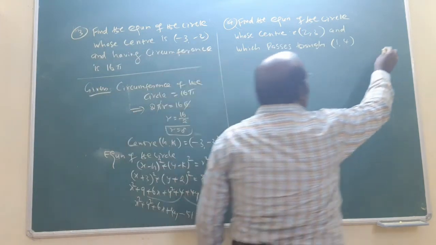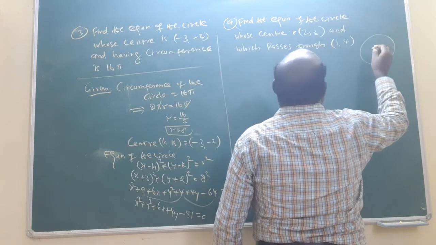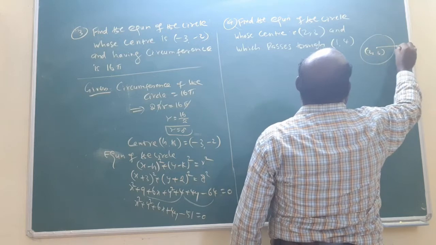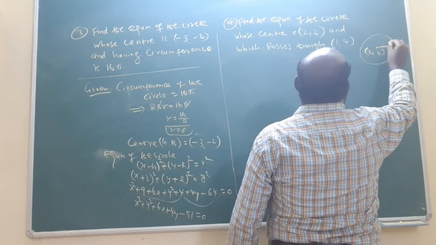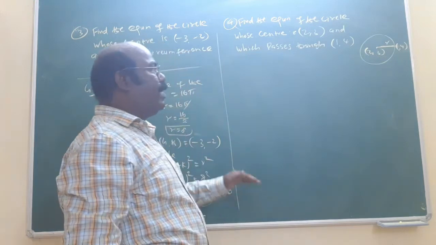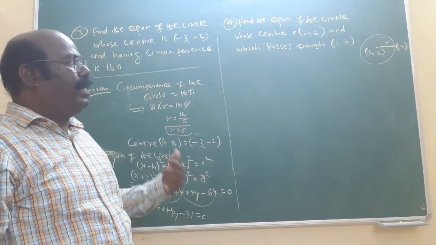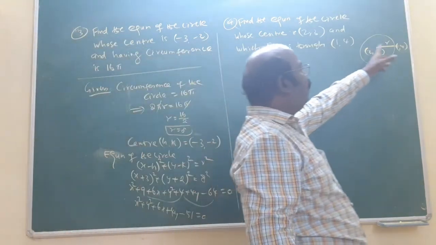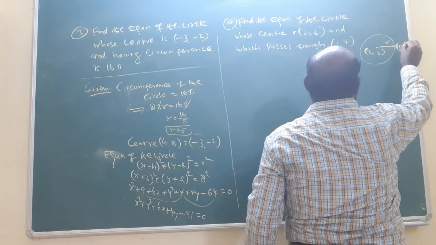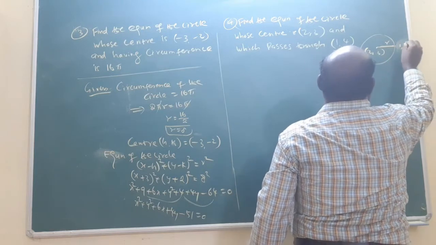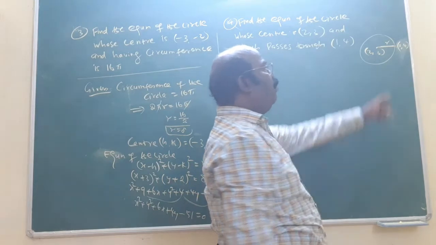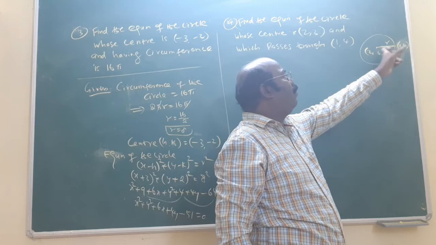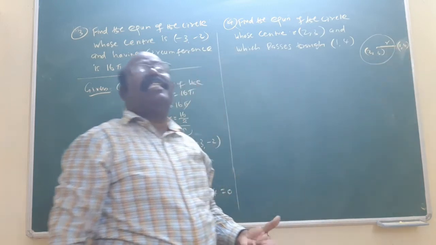Center given. Can you draw the diagram? The center is 2, 3 is given. One point on the circle, here 1, 4 is given. Am I correct? This is called the radius. So center given means h comma k is given. No problem. We need the radius. Radius means the distance between the 2 points, from the center to 1, 4. This is 1 point right on the circle. That's why from center 2, 3 to 1, 4 is the radius, by using the distance formula.